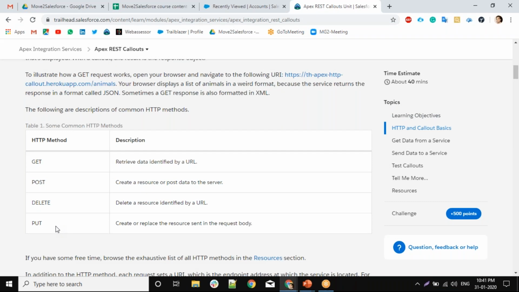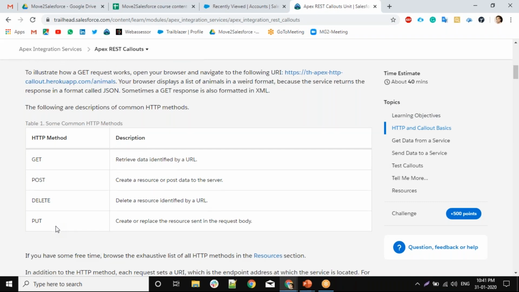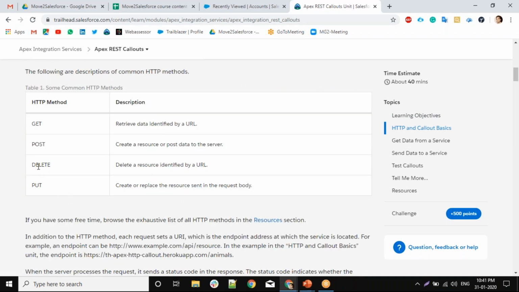Here you don't see patch. You can only see upsert, delete, create, and fetch. This is for fetching, reading the data. This is for inserting the data. This is for deleting the data, and this is for update. Sorry, patch is for updating the data, I guess.